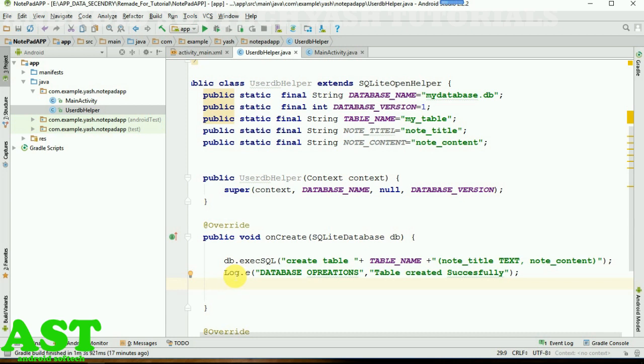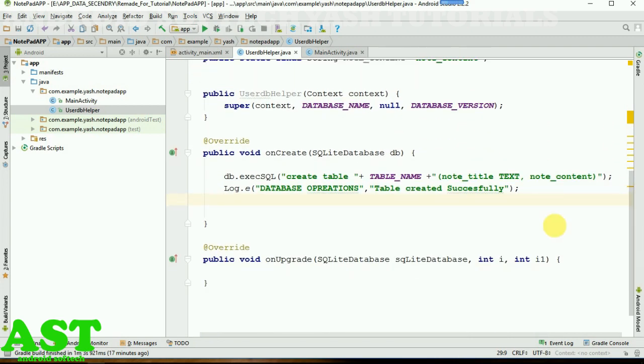For that we need to do something here. So guys, let me tell you what these methods do and what is the work of these methods. Okay guys, so